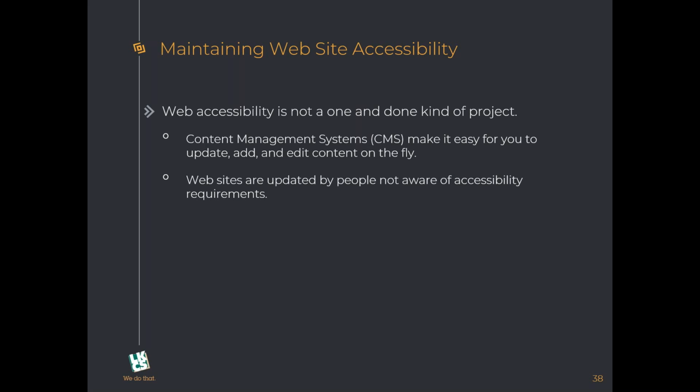So maintaining the accessibility going forward, it's not a one and done type thing. We're not just going to do the web accessibility today and then say, well, this site's good for the next 10 years, because it's not. Content management systems make it easy for you as a user to update, add, and edit content on the fly. The problem, websites are updated by people who aren't always aware of all of the different accessibility requirements,